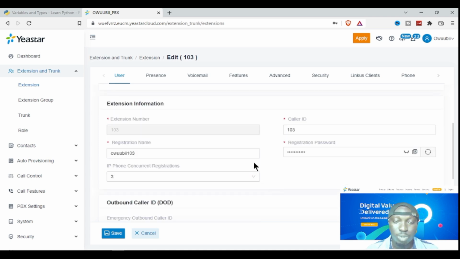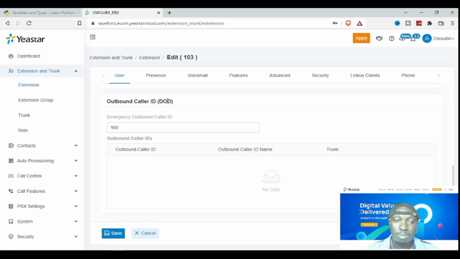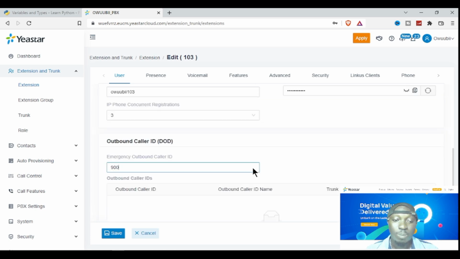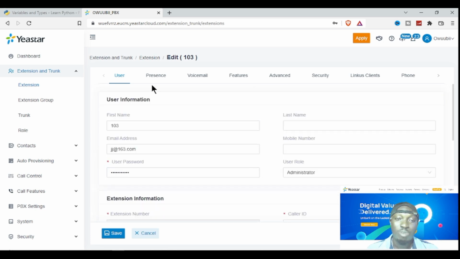If you scroll down, this is the extension information. This is the caller ID of the extension, the registration name, the concurrent IP phone registrations, and the outbound caller ID. This is where you can set the outbound caller ID, and this is the emergency outbound caller ID. If we move on to the presence,